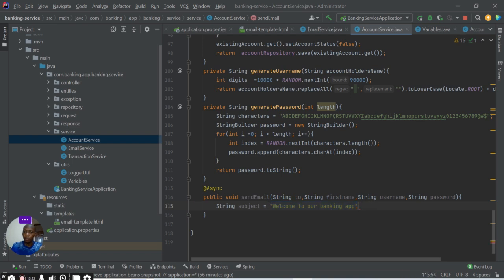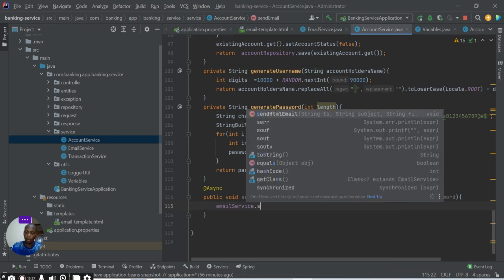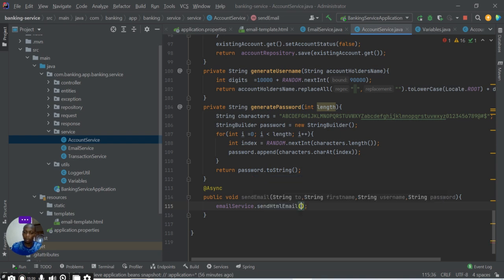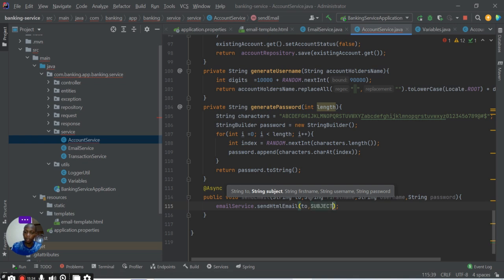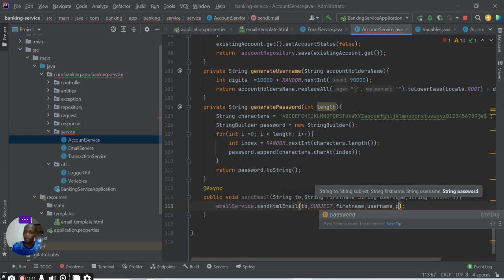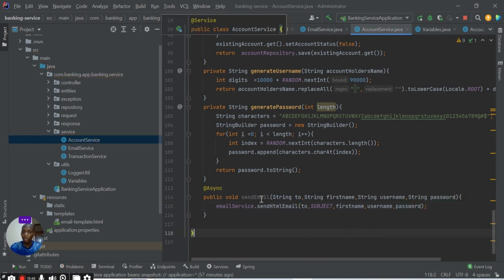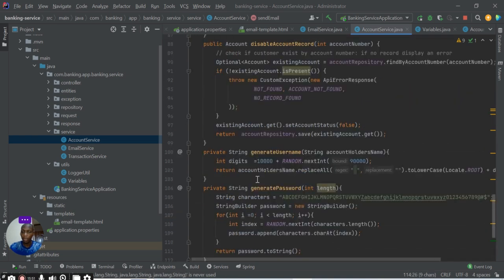So let me call emailService dot sendHtmlEmail. I will pass to. For the subject, I will pass the subject. For the first name, I will pass first name. For the username, I will pass username. And for the password, I will pass password. Okay. Then let me go and call this sendEmail here